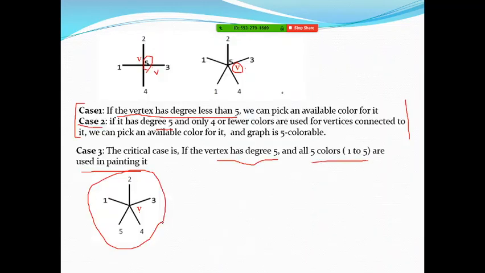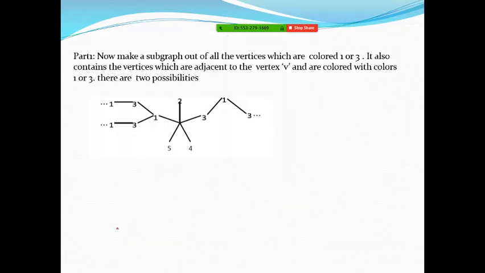This is part 1. This V, just keep an image of these 5 in your mind. On this side, the left side, it is 1, the right side it is 3, 2 is on the upper side, and 4 and 5 are on the lower side. You can use any version. You can name them 1, 2, 3, 4, 5, but somewhere you have to fix these notations. So I'm fixing here 1, 2, 3, 4, 5. Whenever I say 1, your mind says yes, it is towards the left. Whenever I say third, that means towards the right. 2 is upper, 4 and 5 just below this vertex. With this imagination, we are going to prove.